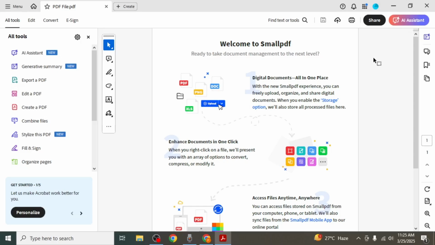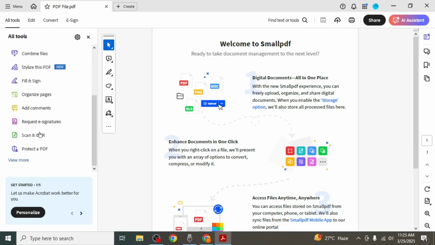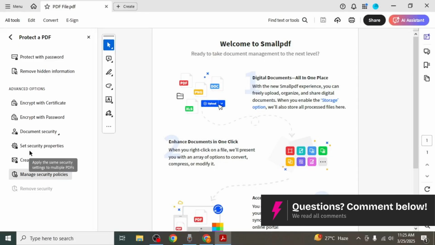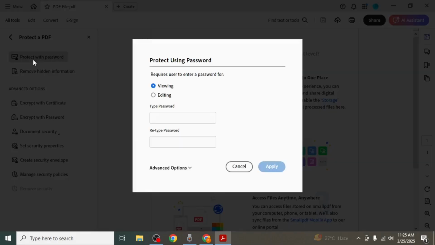To password protect a file using the Pro version, click on All Tools on the left side of your screen and scroll down until you find the Protect a PDF option. Click on it, and the first option you will see is Protect with Password. Click on it, and you can select whether you want to require a password to view the document or to